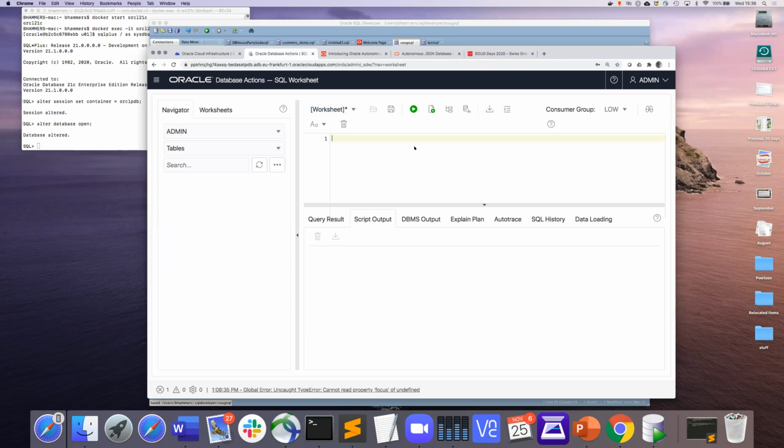It was the first JSON database, I think 12.1.0.2 in 2014. And now with 19, we have added a lot more features. So 19 is a much more powerful release than 12.1.0.2 or 12.2, and 21c is coming very soon. And we also have added these cloud services.